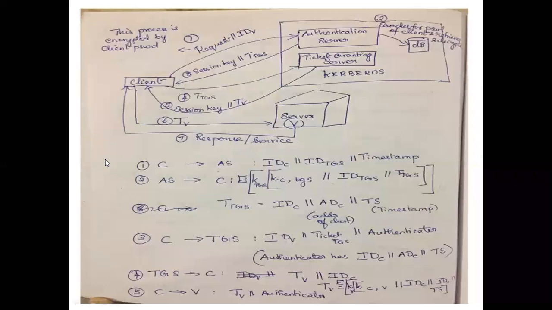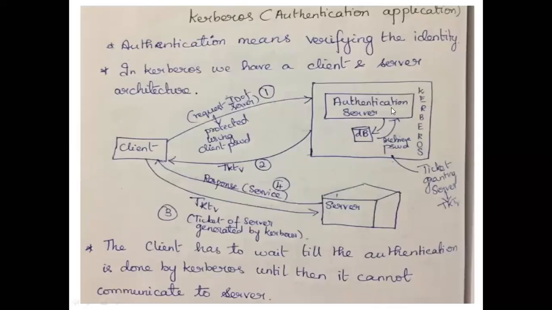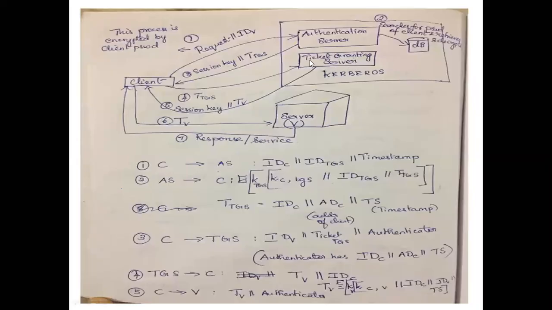Now there is one more type of Kerberos, where they increase the authentication process a little bit. In this diagram, you have the same client, server and Kerberos structure. But this Kerberos structure has an authentication server and a ticket granting server. The extra in this diagram is the TGS, or ticket granting server. If you go to the previous slide, the Kerberos has only the authentication server and database, whereas in this there is an additional one called the ticket granting server. That is the difference between this and the previous one.